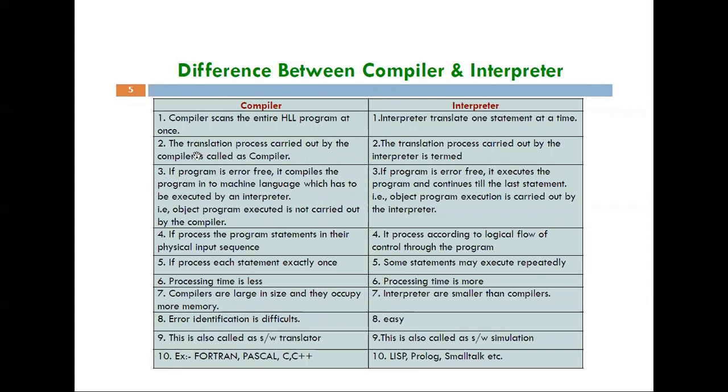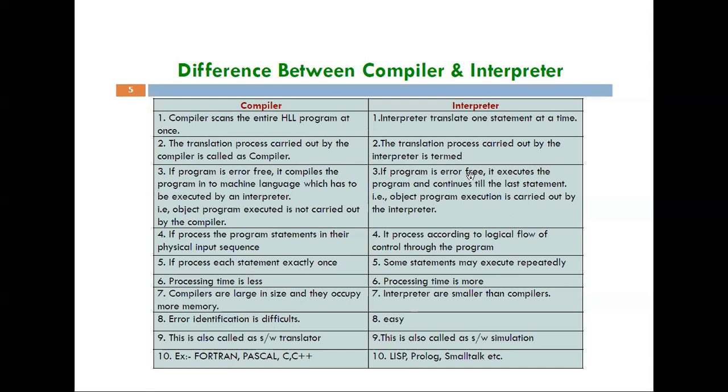The translation process carried out by the compiler is called compilation, whereas the translation process carried out by the interpreter is termed interpretation. Then another difference: in a compiler, if the program is error free, it compiles the program into machine language, which has to be executed by an interpreter. That is, the object program execution is not carried out by the compiler. That object program execution can be carried out by an interpreter.